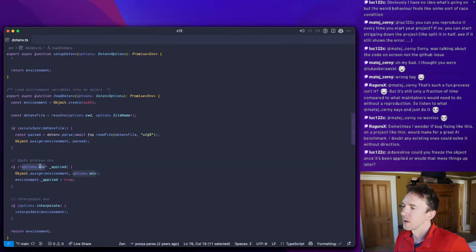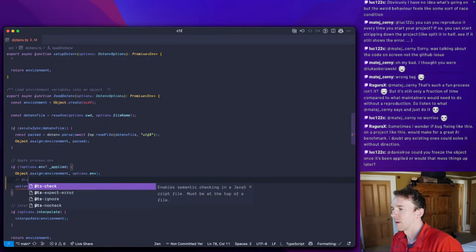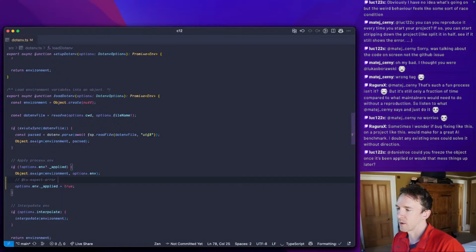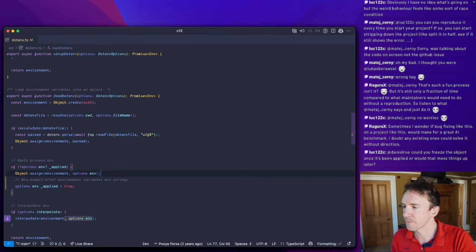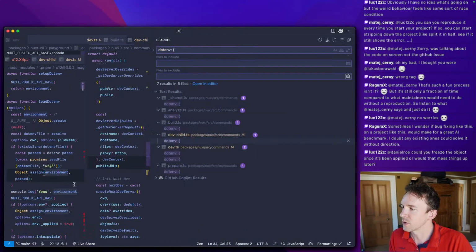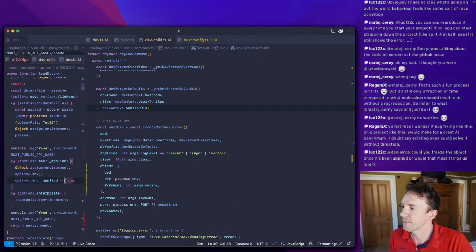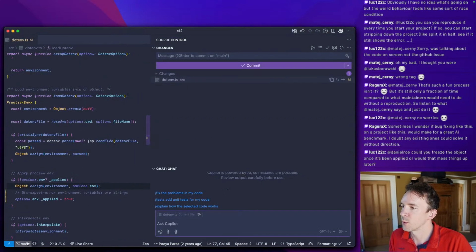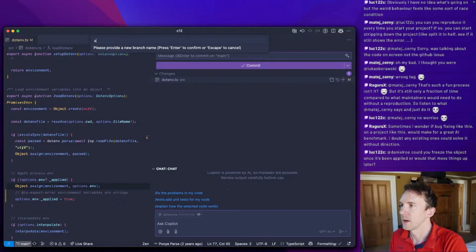I think we do need to forcibly set this. So I think we expect error process.env environment variables strings, but I think that should be fine. Now, mind you, it still leaves us with the issue, but it's probably enough for us to get some feedback from Puya, for example. So we'll call this fix applied